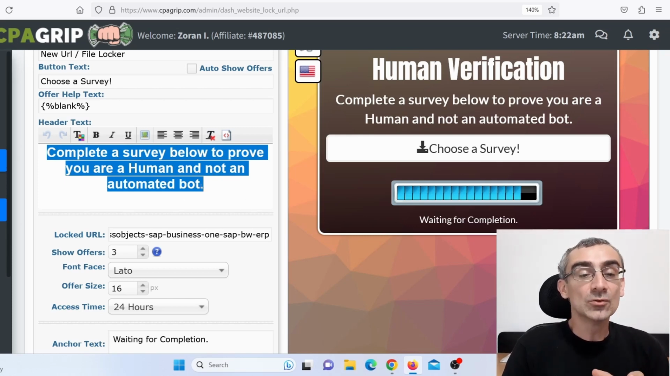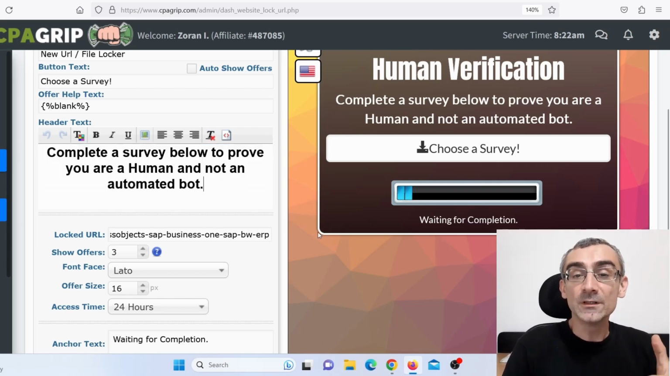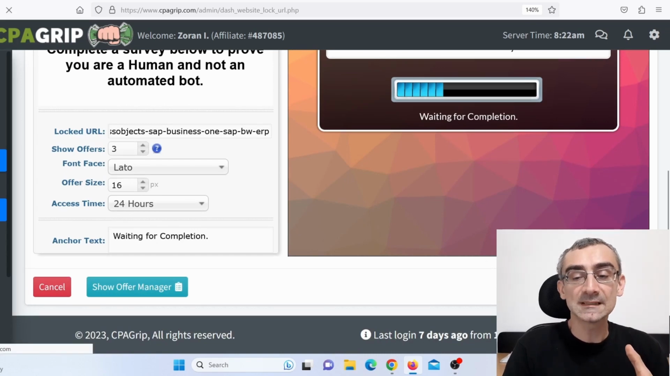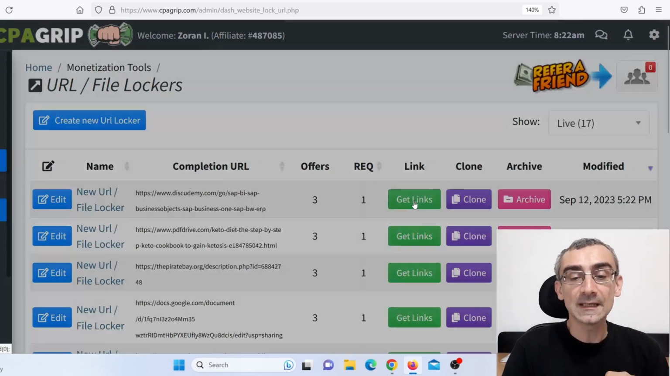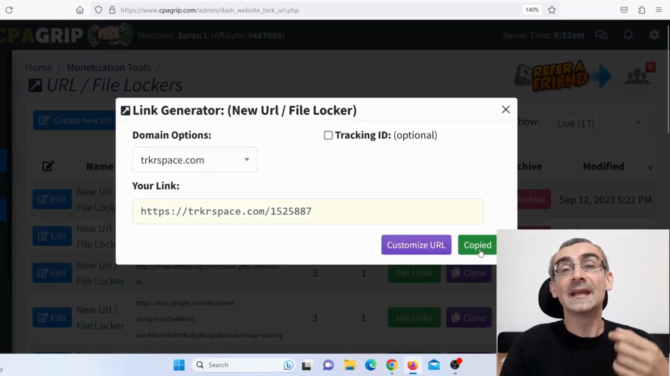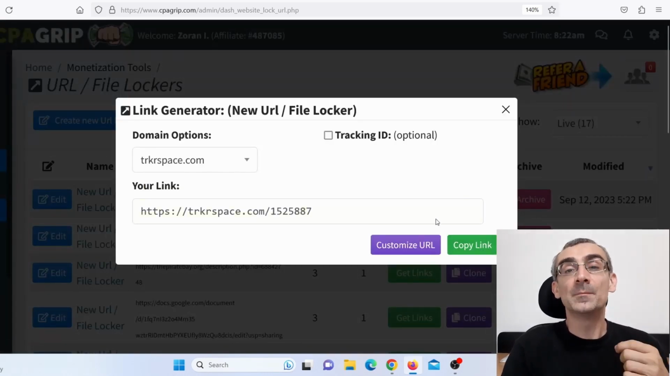But like I said, you can edit if you want. After you finish everything, all you have to do is just click here on save, and that's it. You created your URL locker. Then click here on get links, click here copy link, and now you need to create a bridge page because